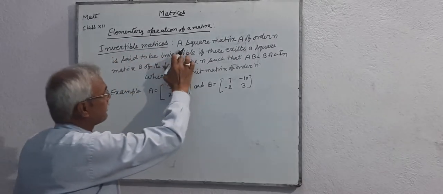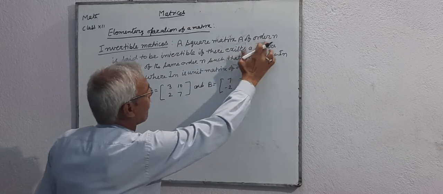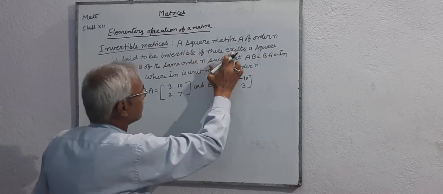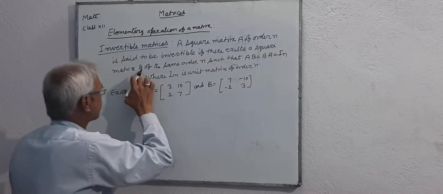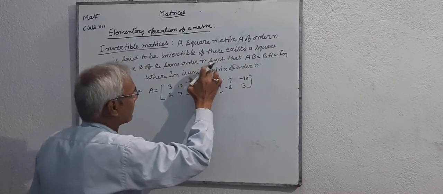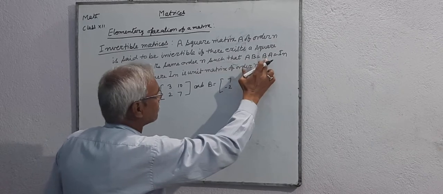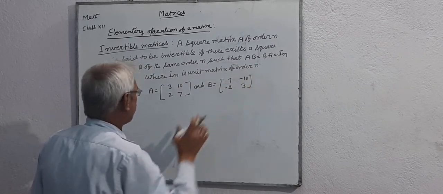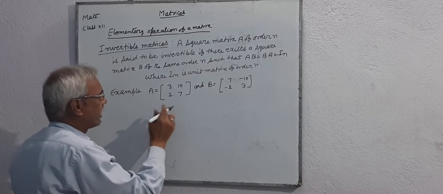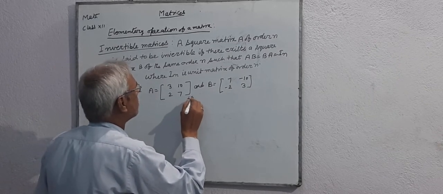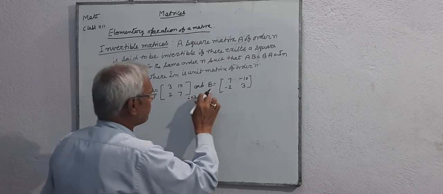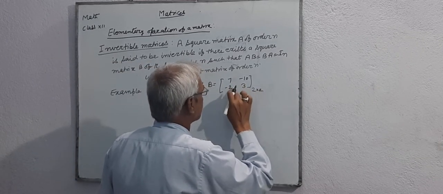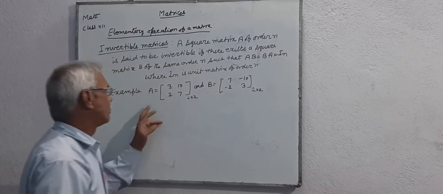Invertible matrix. A square matrix A of order n is said to be invertible if there exists a square matrix B of the same order n such that AB equals BA equals I_n, where I_n is the unit matrix of order n. For example, A is a matrix of order 2 by 2: 3, 10, 2, 7. B is a matrix of order 2 by 2: 7, minus 10, minus 2, 3. On multiplying AB,